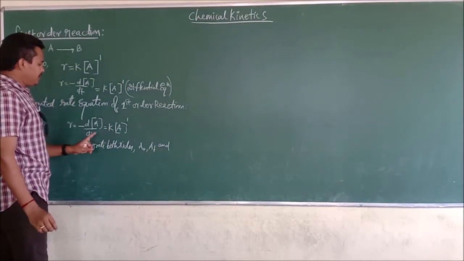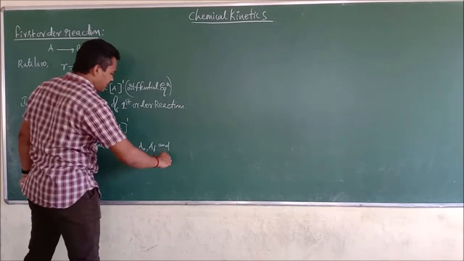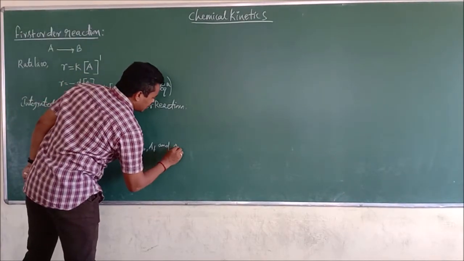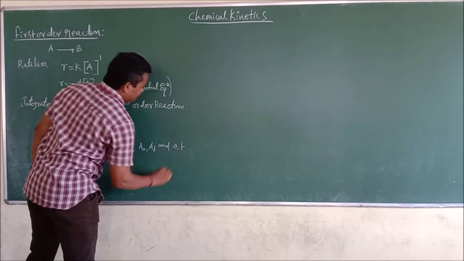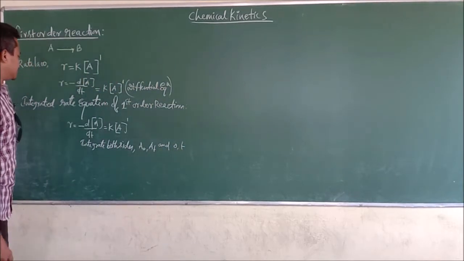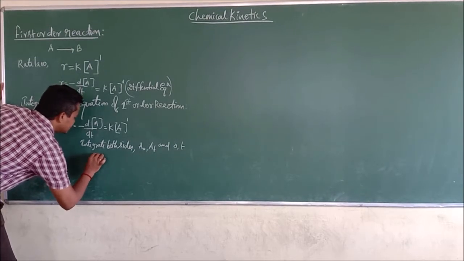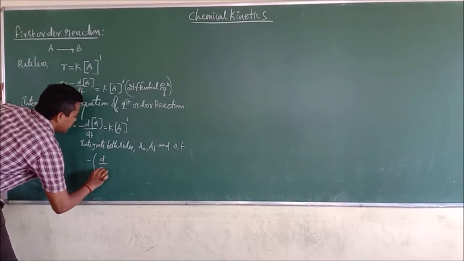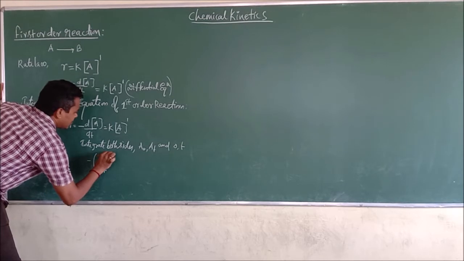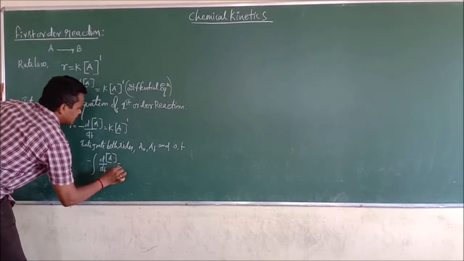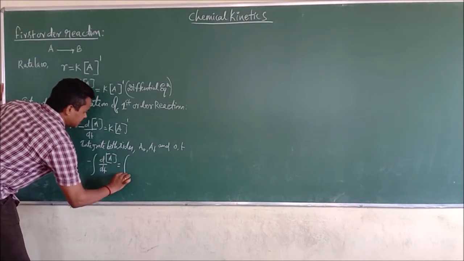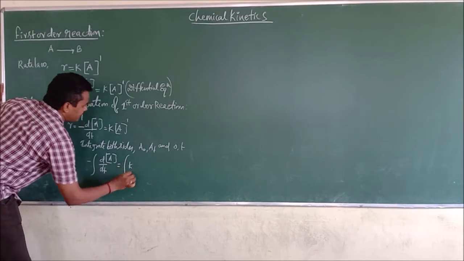And for this time also, for the time, we are going to integrate between 0 and t. So I am writing integration here. What is the integration here? Minus integration of d by dt concentration of A, that is equal to integration of k